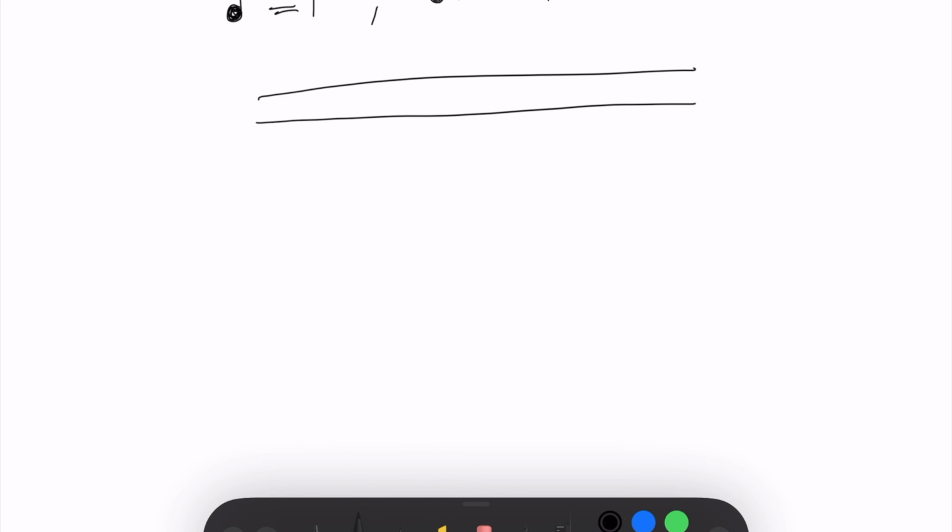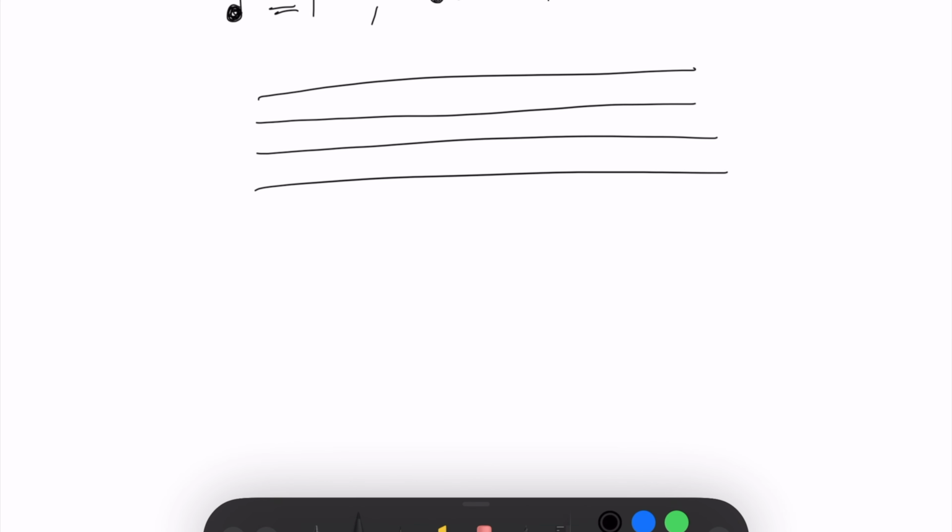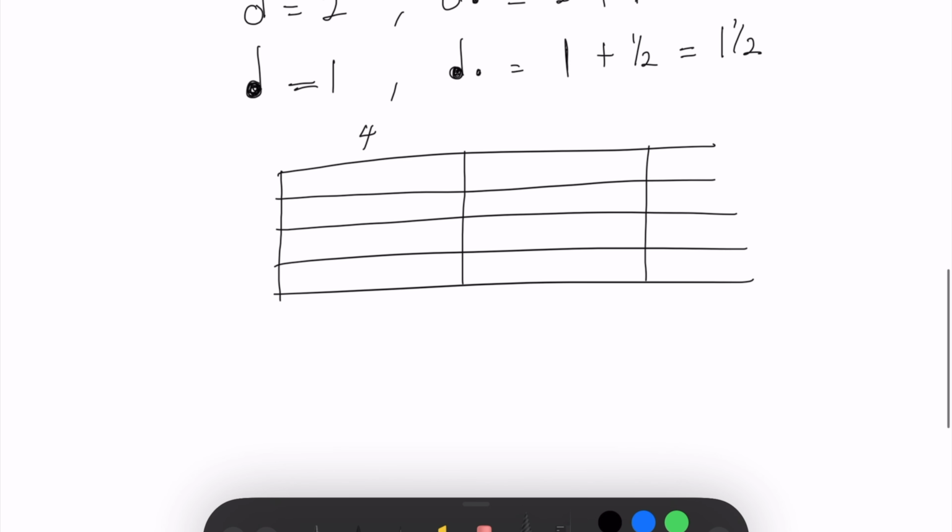For example, you have a stave like this, and in this stave we say that each bar is 4 beats. It's just an example. If every bar here has 4 beats, it means that if we put a minim